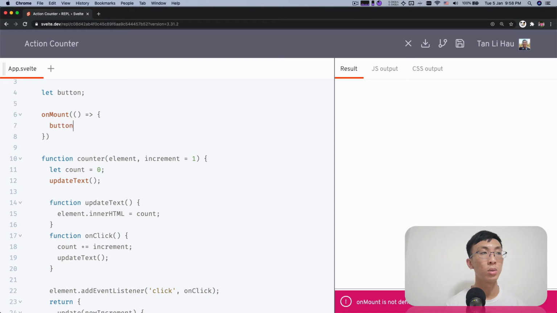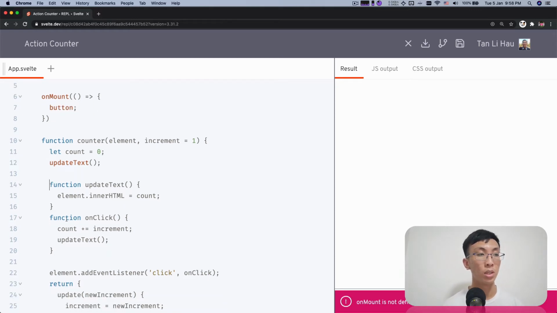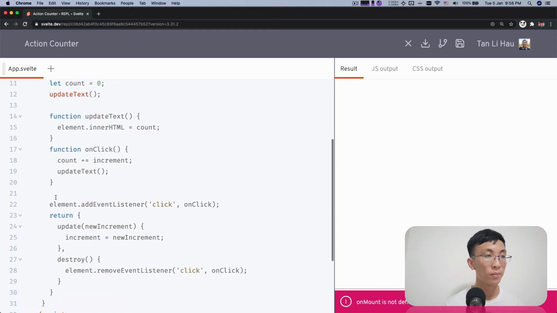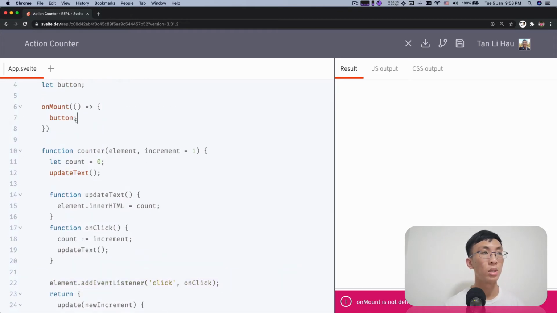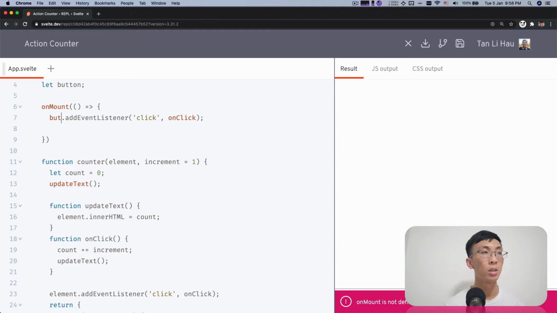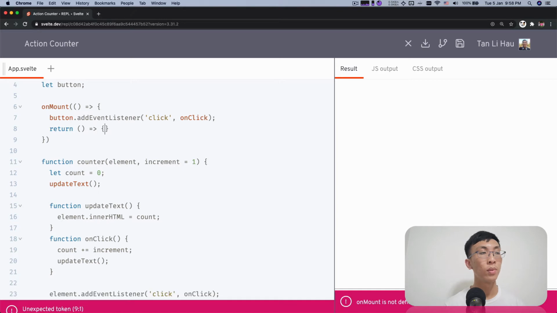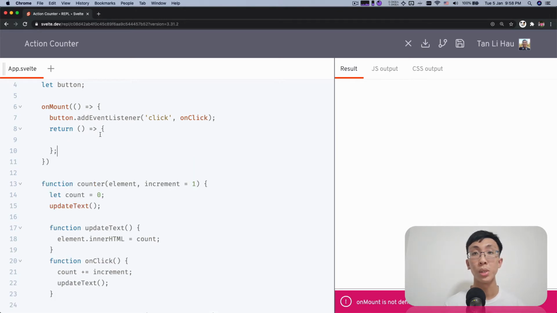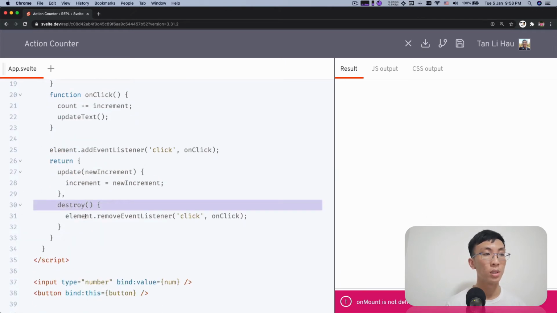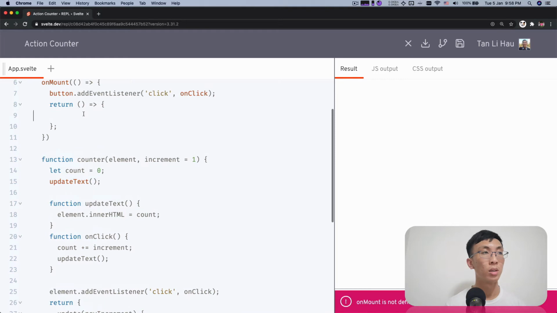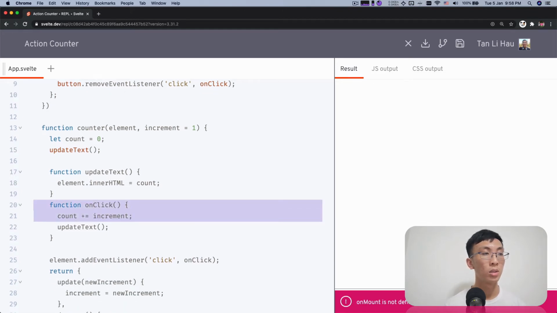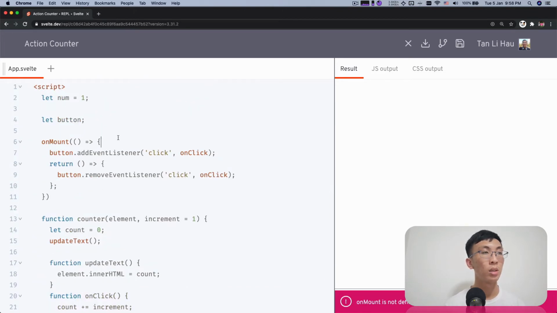So over here we can do the things that we have done over here, which is register an on-click listener on the button, and then we can return a function which will be called when this component is being destroyed with this remove event listener, right? And we're going to define on click, which is over here. We can copy it over here. So on click